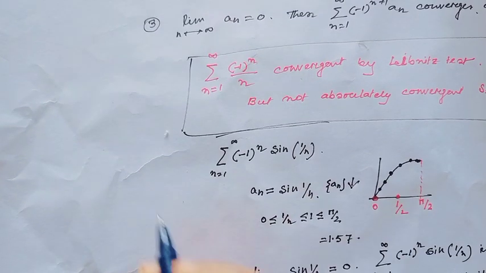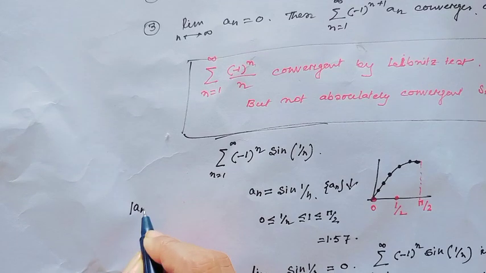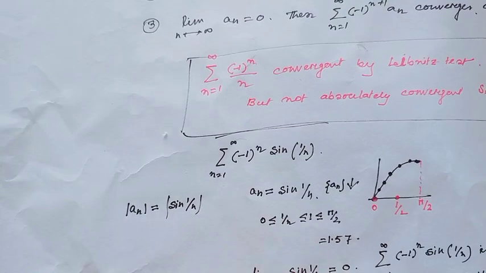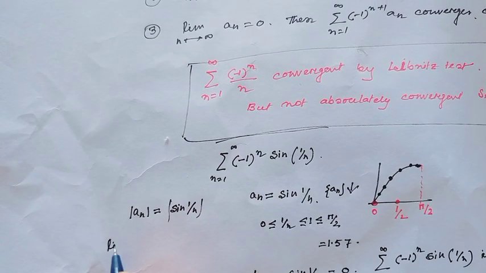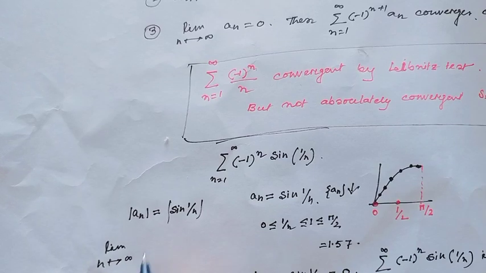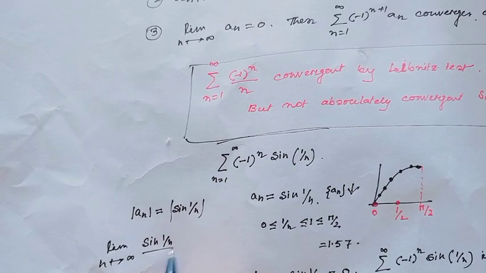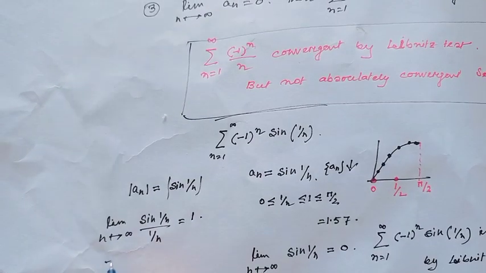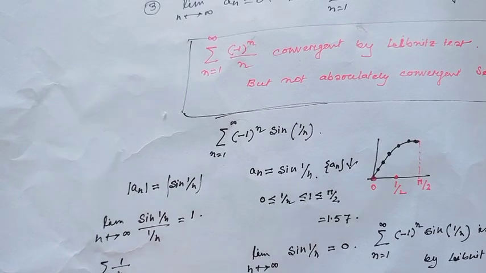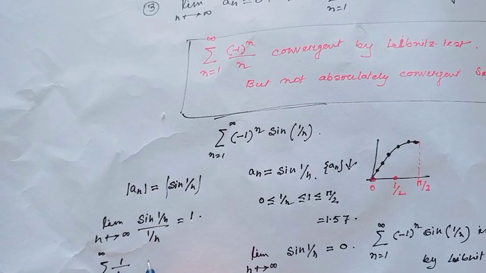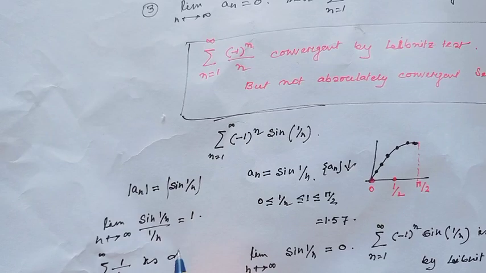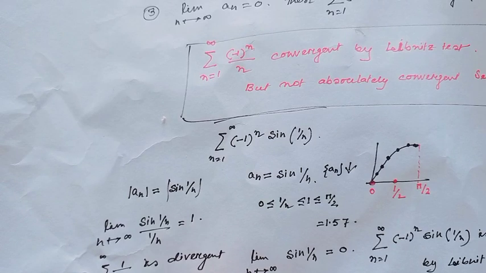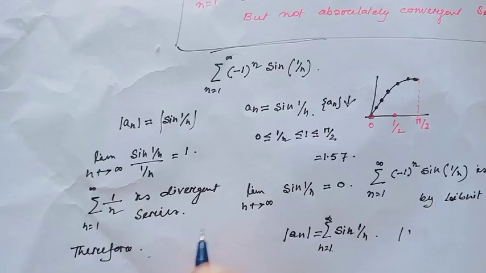But this series is not absolutely convergent, because the absolute value of an equals sine 1 over n. Now apply the limit comparison test. The limit as n tends to infinity of sine 1 over n divided by 1 over n is 1, as we all know. And since the series sum of 1 over n from n equal to 1 to infinity is a divergent series, therefore by the limit comparison test,